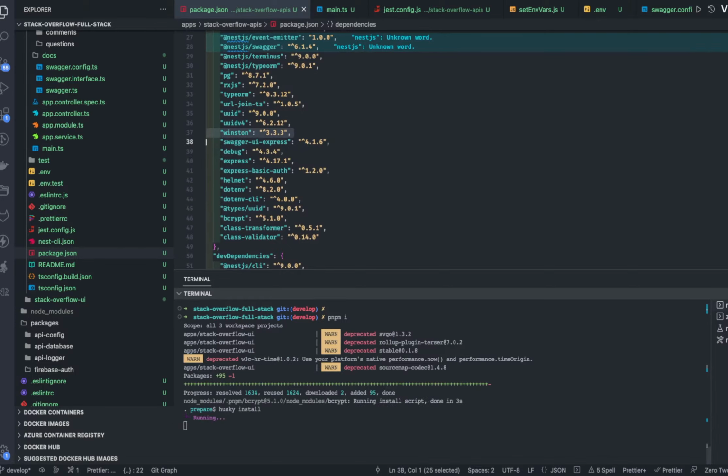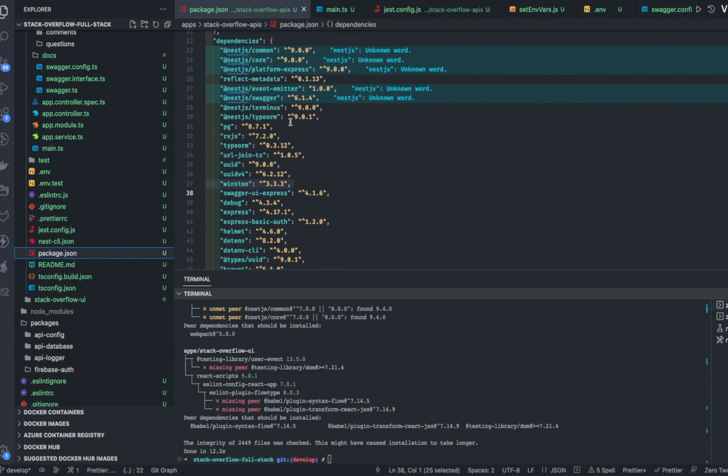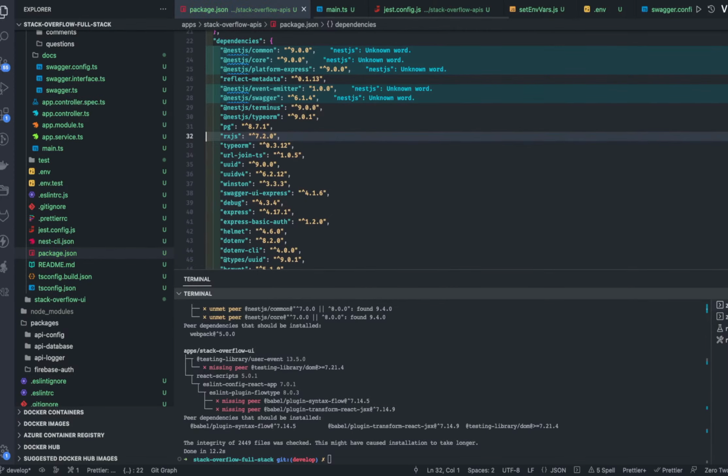If you want to install a particular module, then you can also go inside the folder and just install it. So how can I do this? Okay, for now I will just put debug here. In my package.json, I need debug also. And let's see if any other debug is already there. So we are good. So debug, express, class validator